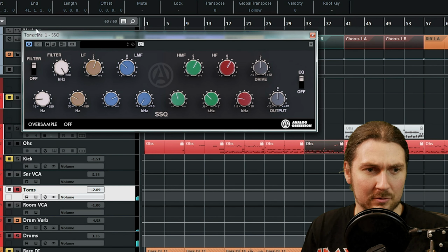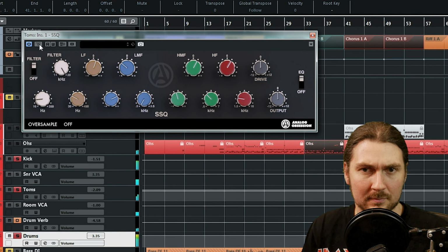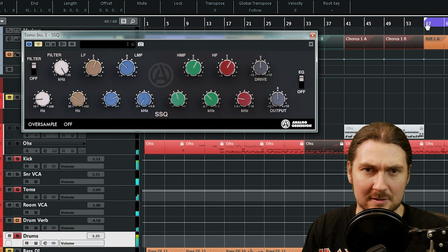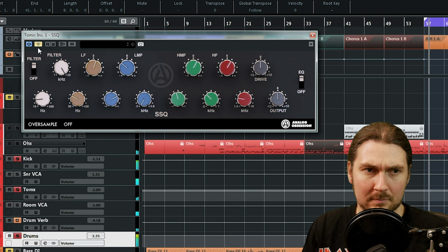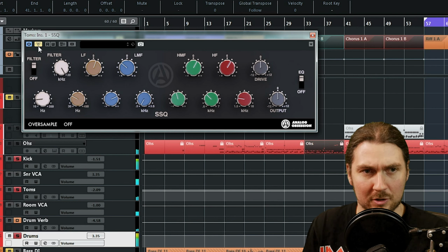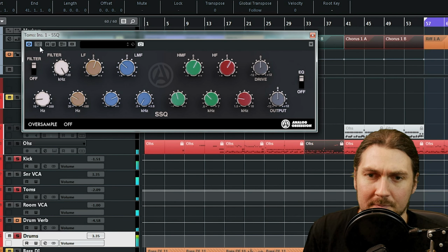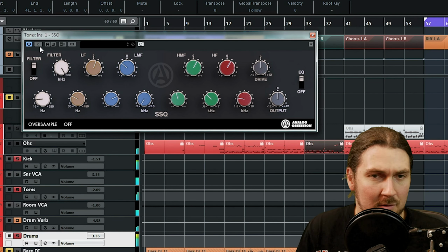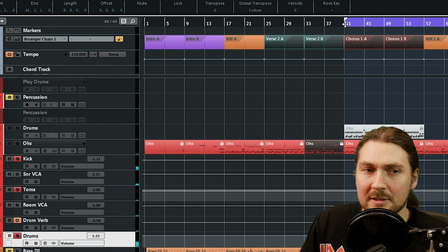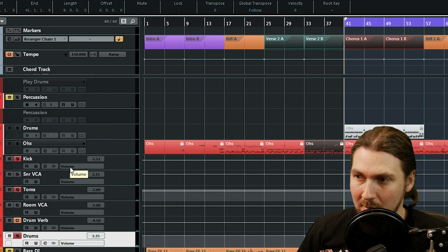Now let's listen to that, all the drums together. Getting a little bit of overlap there, so let's listen to that whole section. On, off. As we come to the next section, we'll turn it on. So that wasn't a huge amount, which is the toms, but you can see how it's useful to get that